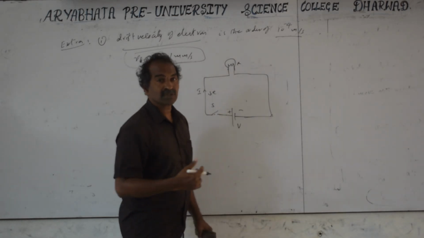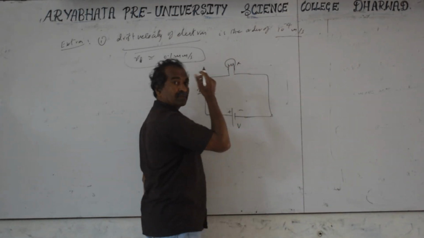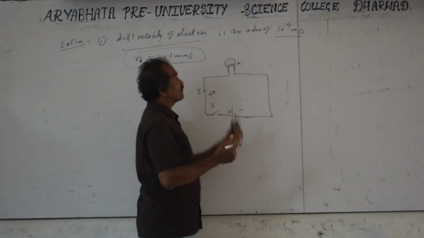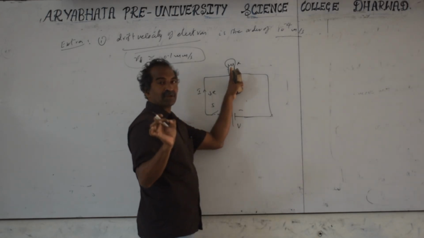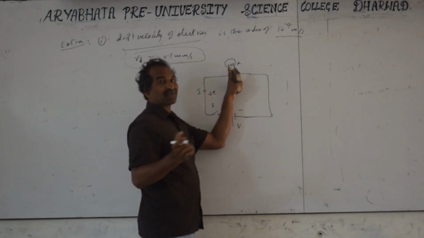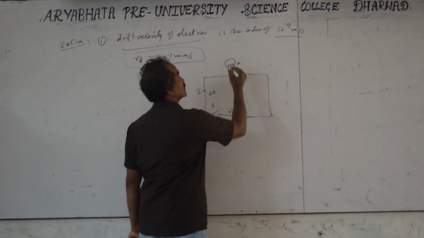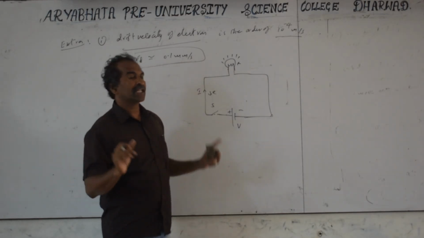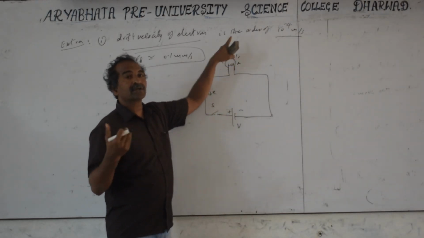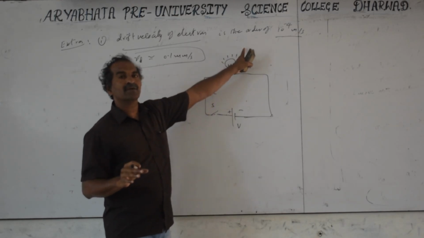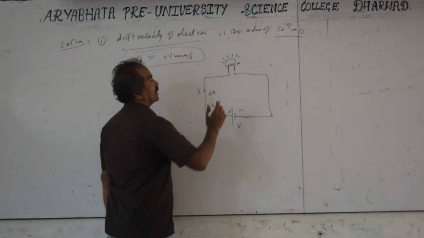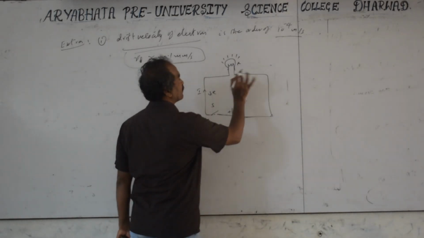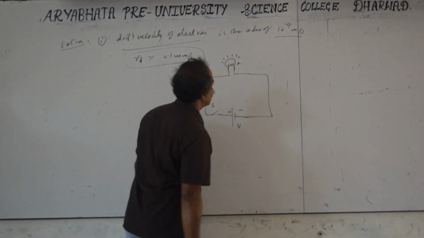More loss of energy means what? More heat is produced. So the heat is produced inside the filament because of the collision of the electrons with the atoms, and the loss of energy is converted into heat energy. The bulb filament is made of a material which has a high melting point, and it is heated up and produces light. That means the heat energy is converted into light energy. So finally, electrical energy is converted into heat and then into light. We simply say electrical energy is converted into light energy. Here we generally take a tungsten filament, a high melting point filament, but that is not important here.